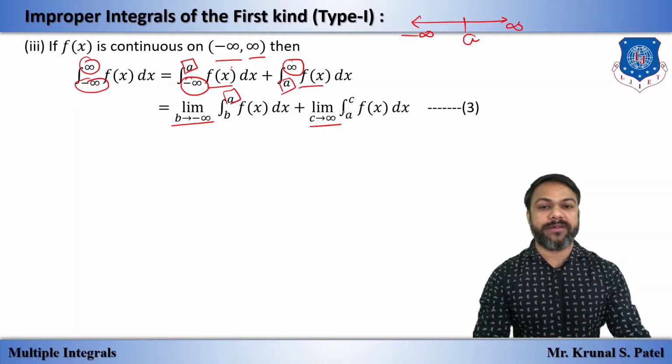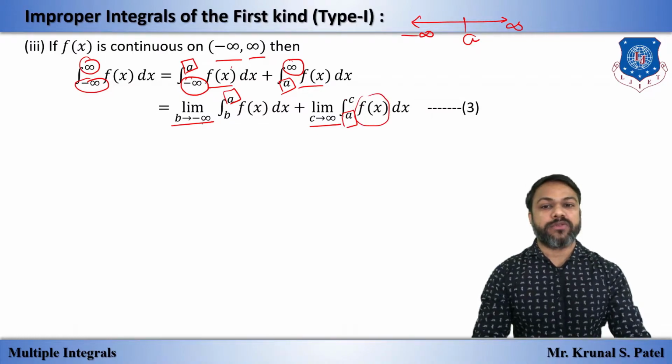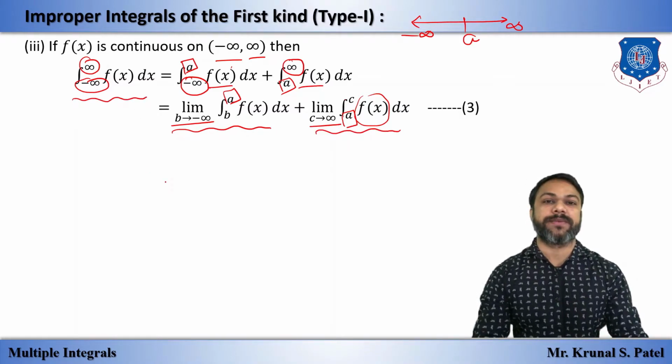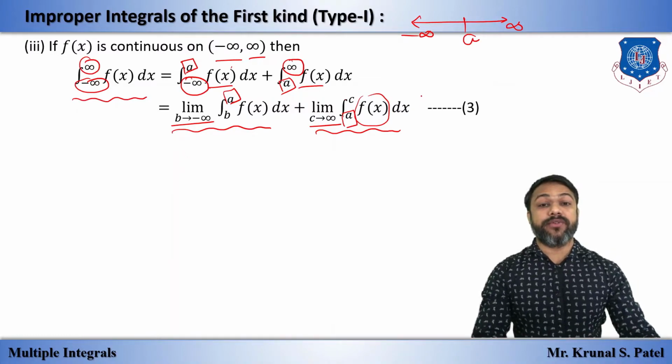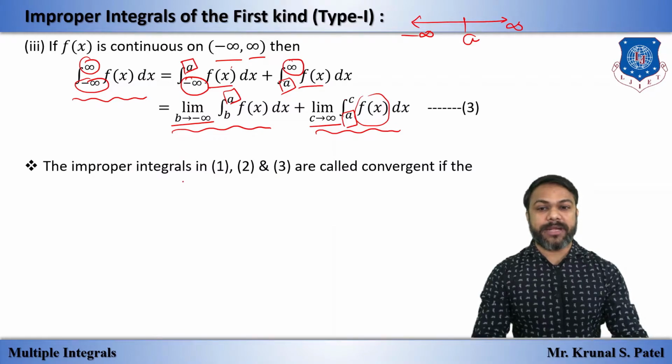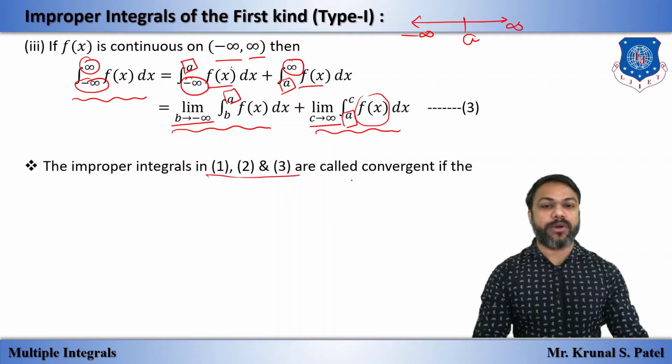Okay, because we have taken point A which gives this function value finite. So we have to find this limit and this limit, and by adding these we will get the final answer of this. Now if all in this, all 1, 2, 3, these improper integrals in 1, 2, 3 are called